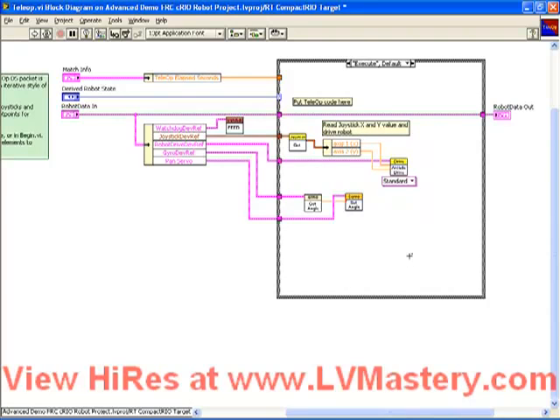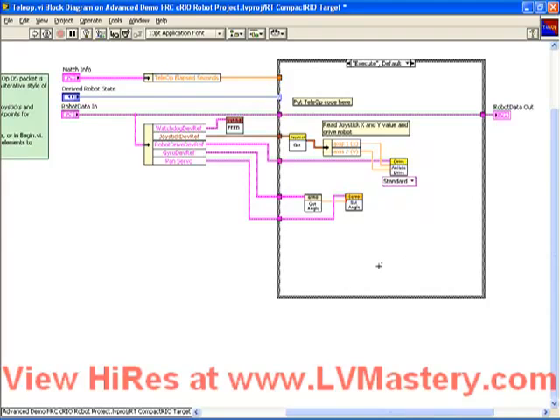So just to recap at this point, we've taken a look at the advanced framework. We've seen how there's a variety of sub-VIs, including begin.vi and teleop.vi, which serve to encapsulate the code. There's data wires called clusters, which are sending information around between all of these sub-VIs. And the type of the data is determined by an object called a typedef. We learned how to edit the typedef so that we can change the data type which is being passed around,